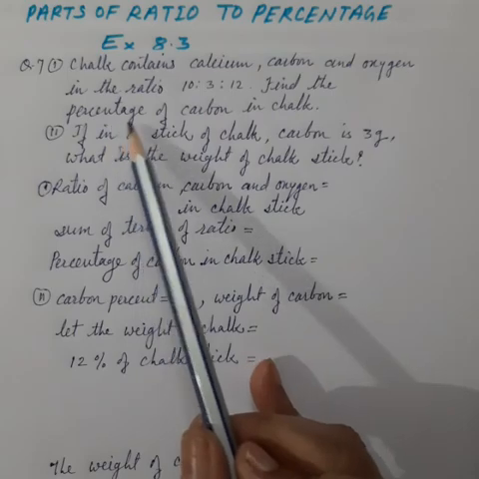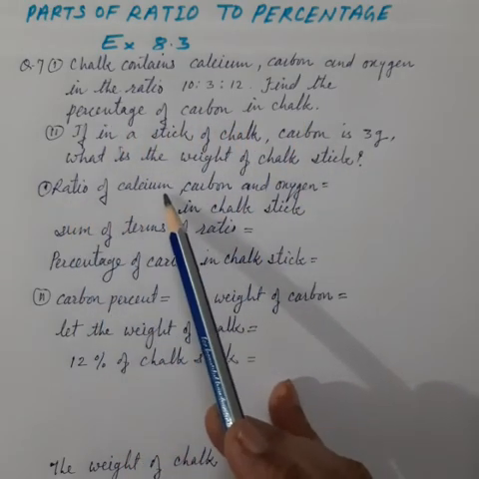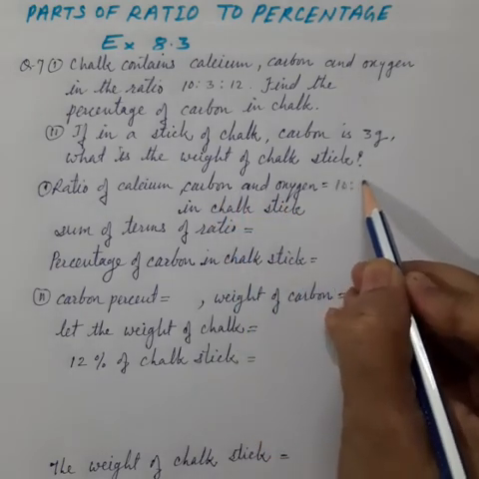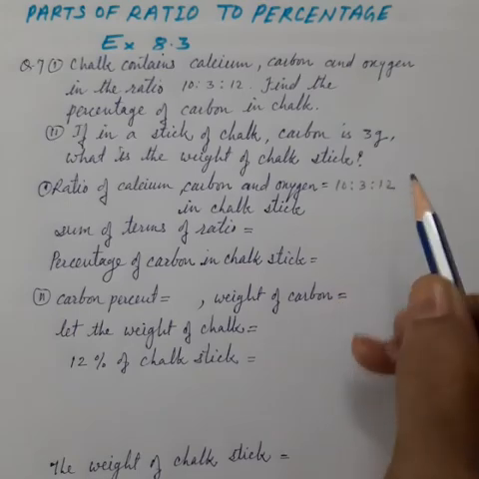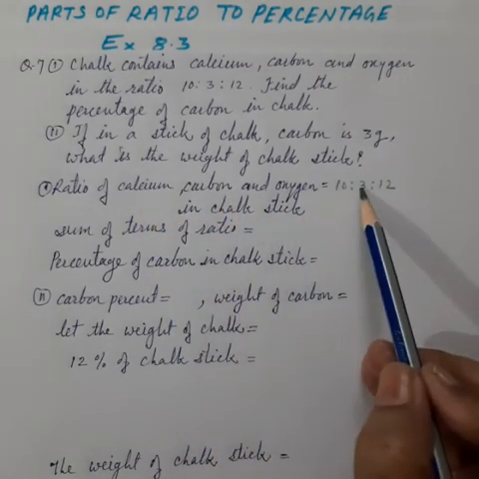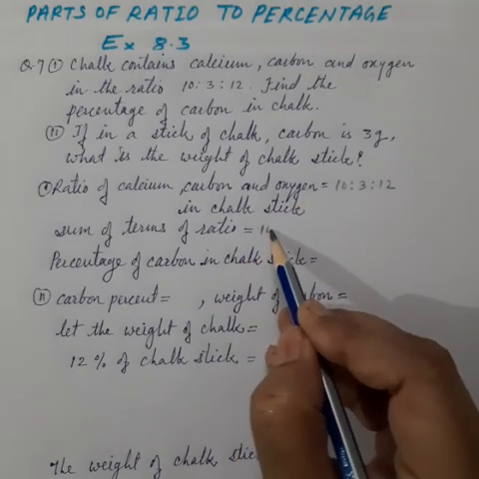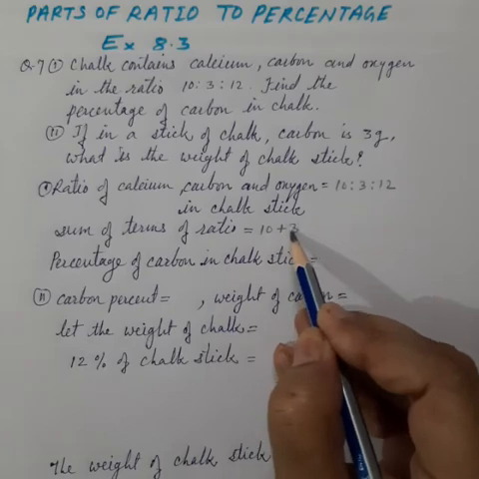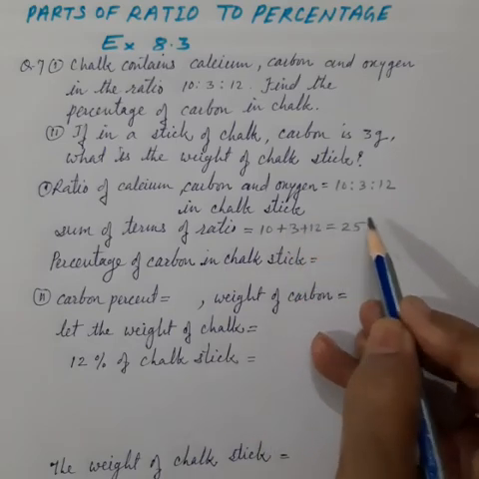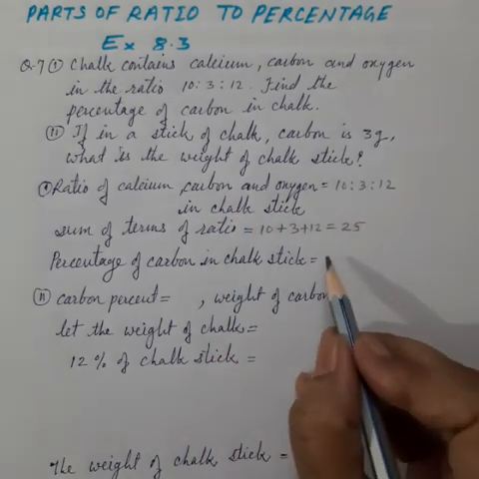Question 7. Chalk contains calcium, carbon and oxygen in the ratio of 10:3:12. Find the percentage of carbon in chalk. So the ratio of calcium, carbon and oxygen is given, 10:3:12. That means calcium is 10 parts, carbon is 3 parts and oxygen is 12 parts. Let us find out the total parts first. Sum of terms of ratio. Total parts are 25